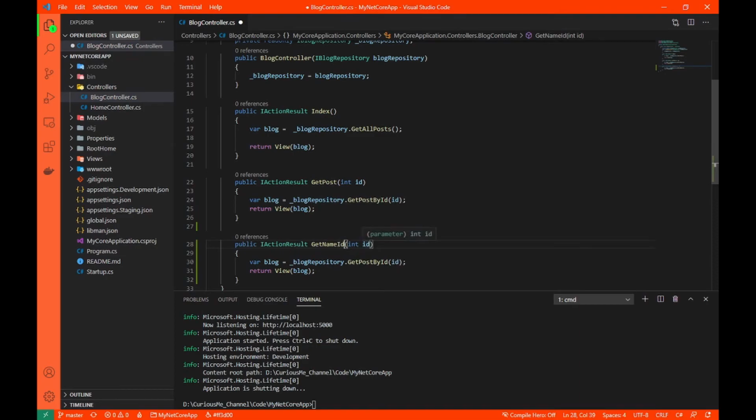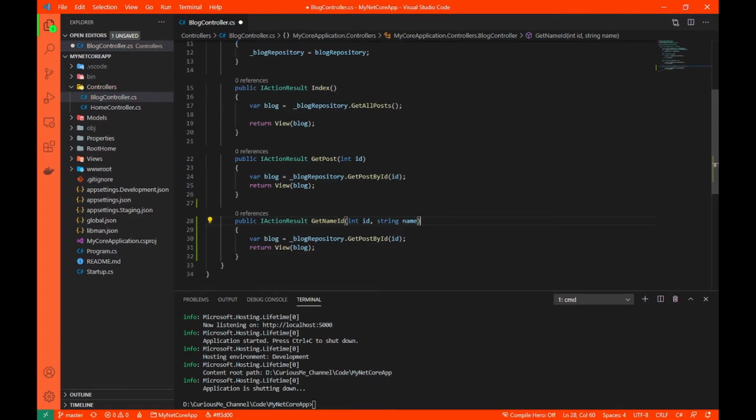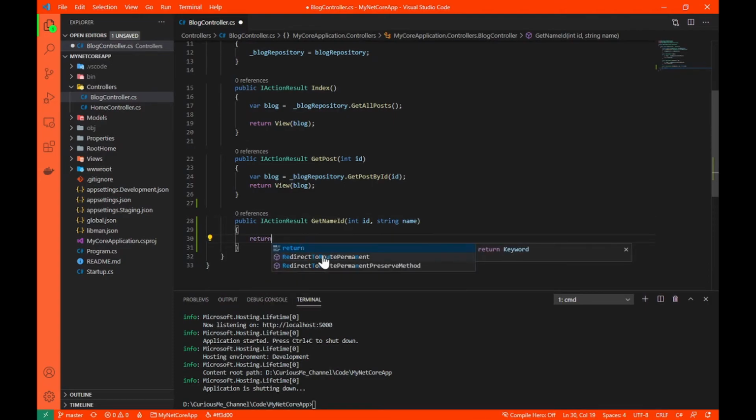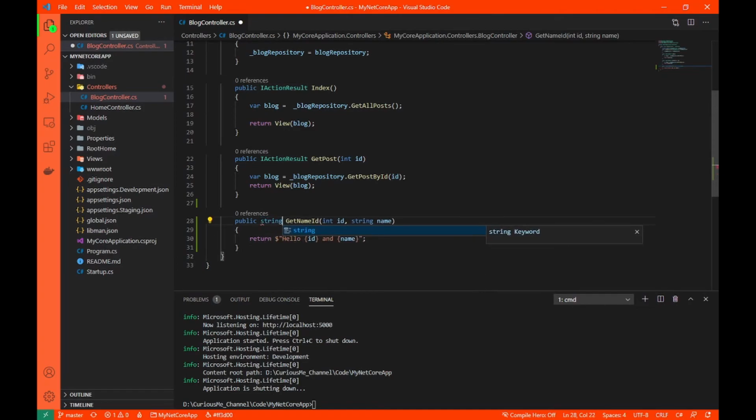Fine. And I'll leave this ID as it is and I'll write a string as name, and I'll simply return hello ID and name. Simple as that. Now instead of IActionResult, what I want is string.